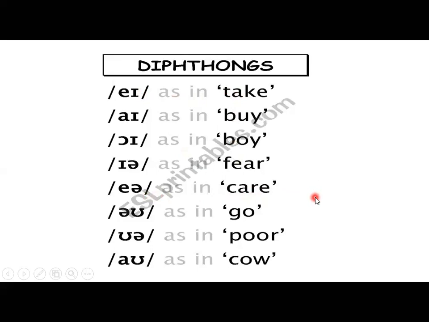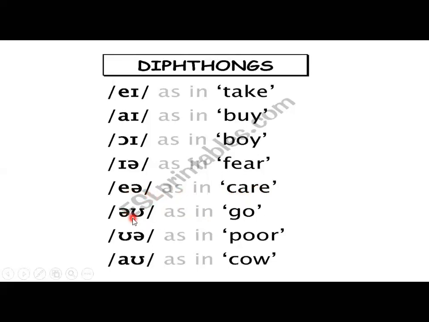Now in the word fair you'll find a different spelling. There is ai, and it is pronounced as air. Or fare, the other word. Both fair are pronounced the same, but the spelling is different. So care, fair, share, rare. In most of the words you'll find are, and the pronunciation is air.